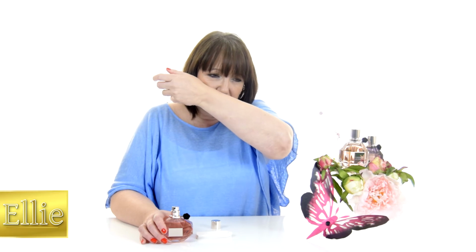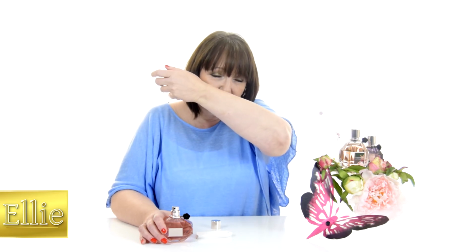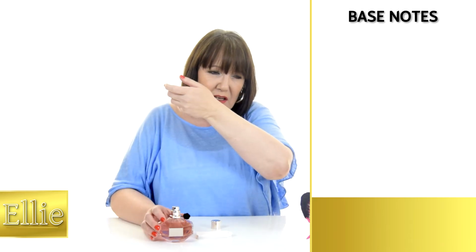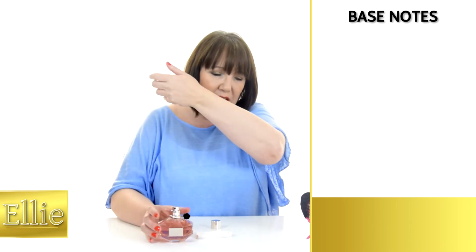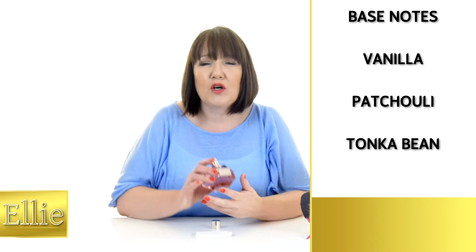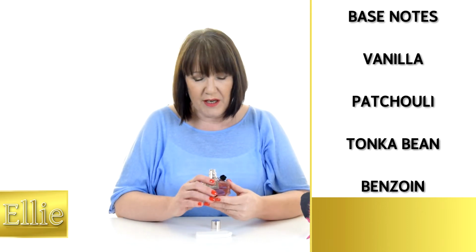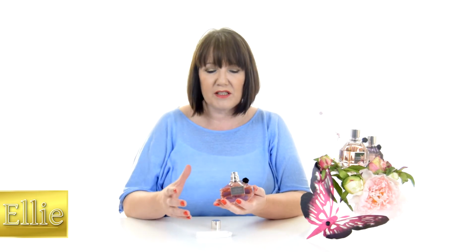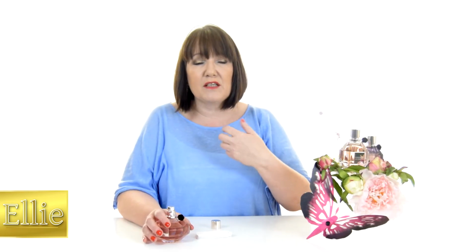So definitely more intense. And the base notes, which I think is what's giving it real depth and impact, and maybe some sort of mysterious sweetness, you've got vanilla, patchouli, tonka bean, and also benzoin. So it's definitely got a lot more character to this one, more sultry, sexy and mysterious, probably more so for evenings. But as you're smelling it as well, you've got those real sparkling gourmandy fragrances which are in